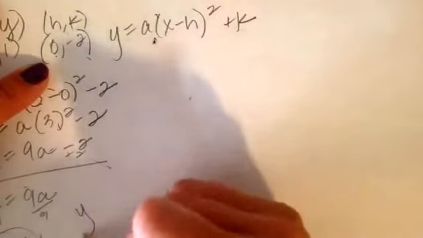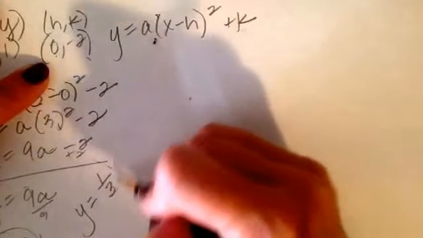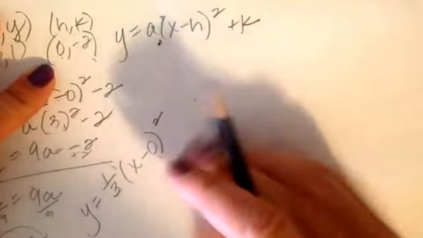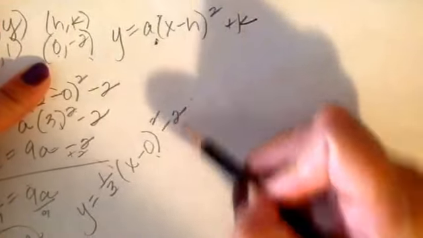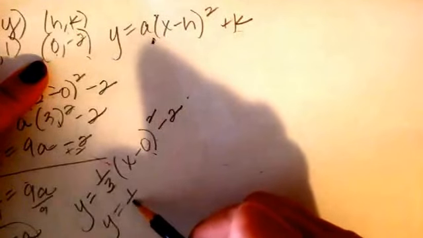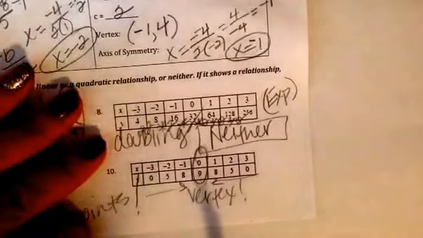So to finish, I'm going to use my vertex H and K and the 1/3 I found for A and write it as Y equals 1/3 times the quantity X minus 0 squared, my H value, plus K. In this case, it's -2. I'm actually going to rewrite this in a simpler form. 1/3 times X squared. X minus 0 is just X, minus 2. That would be the best answer in that case. And I also found when I go on to number 10, I